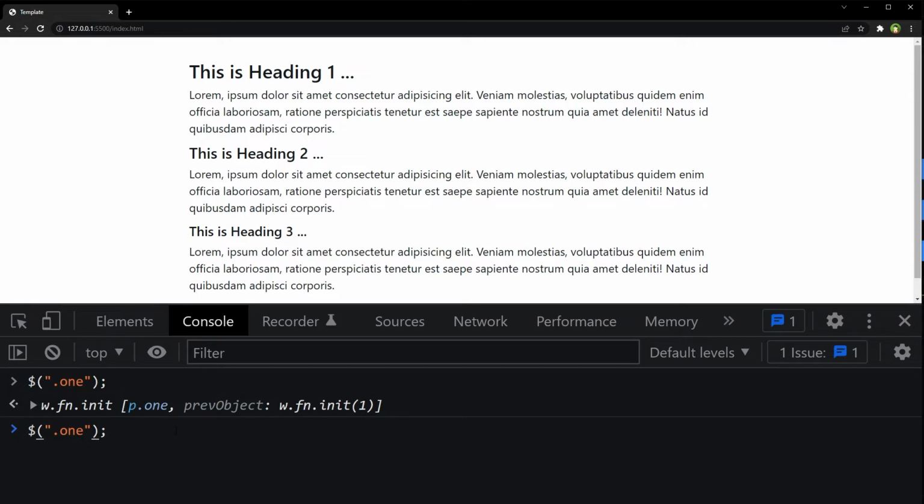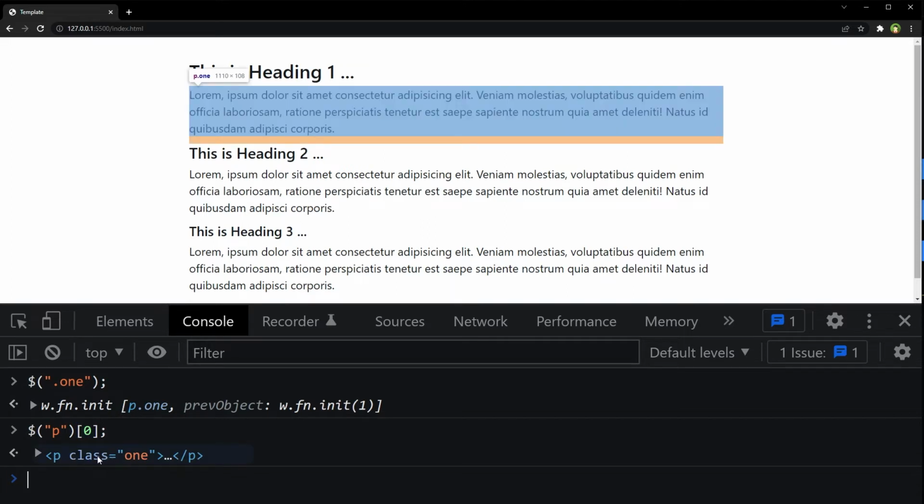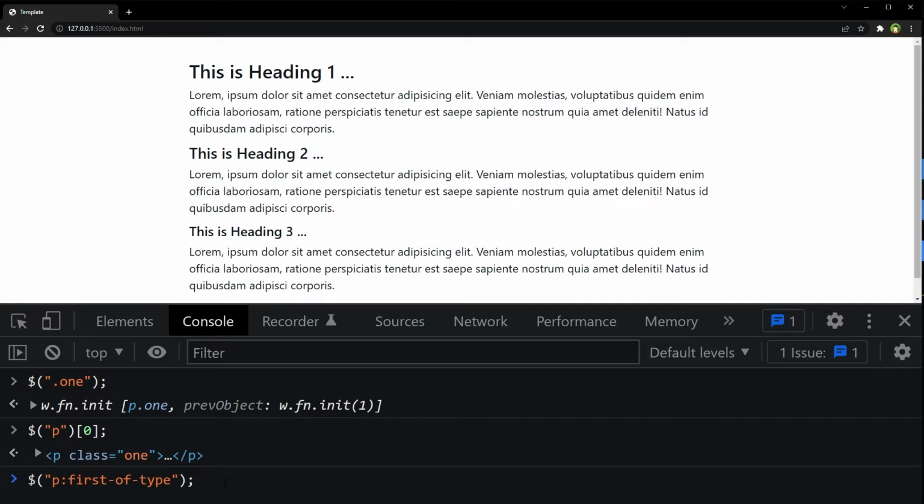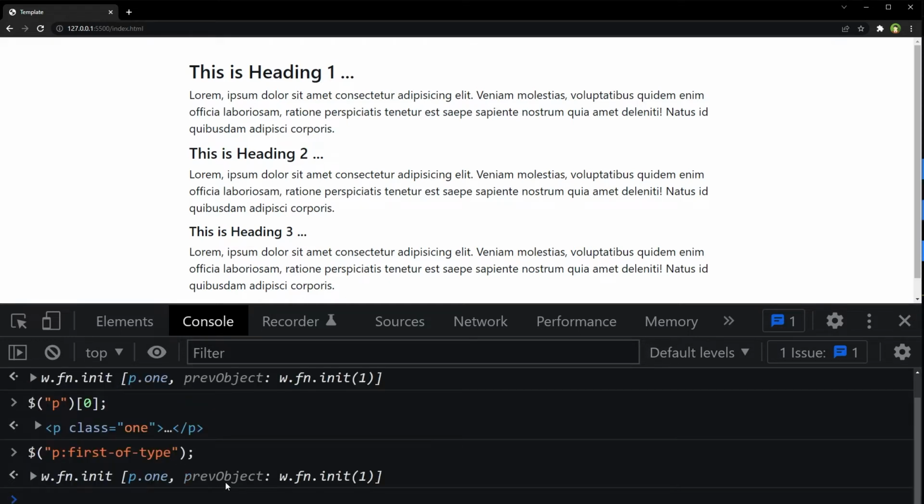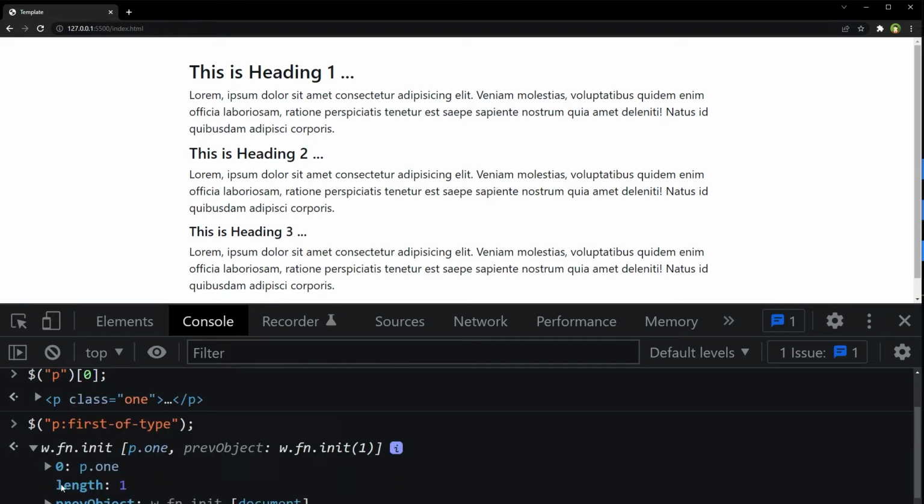Or we can use paragraph and then first element, and we have selected the paragraph with class 1. Or we can do paragraph colon first-of-type, and paragraph 1 was selected.